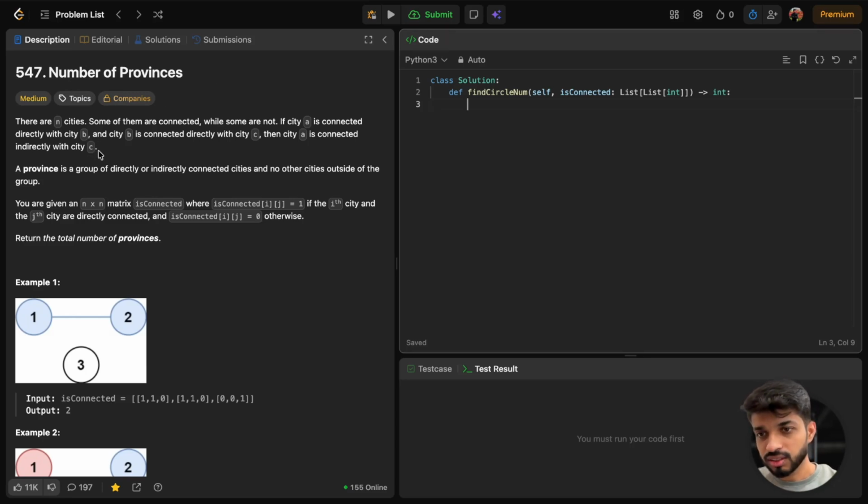Now, what does the question say? There are n cities. Some of them are connected, while some are not. If a city A is connected directly with city B and city B is directly connected with city C, then city A is connected indirectly with city C. Got it? Now, a province is a group of directly or indirectly connected cities and no other city outside of